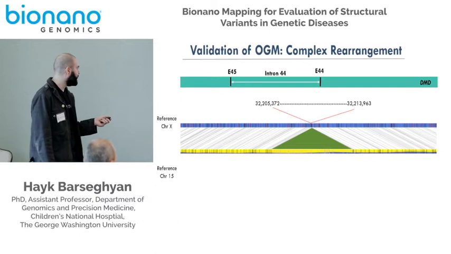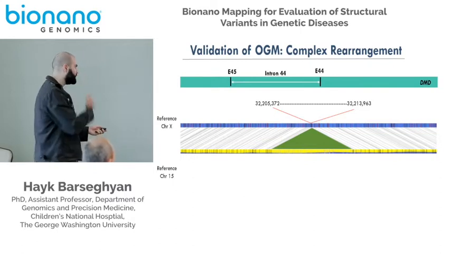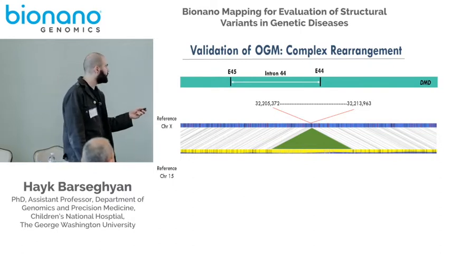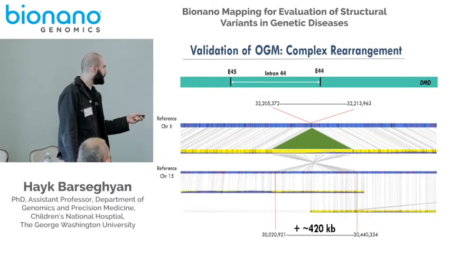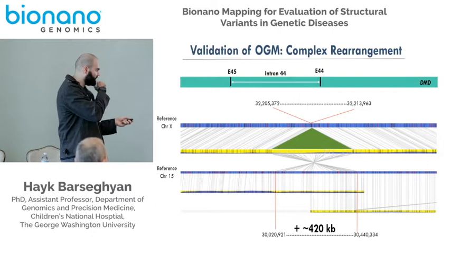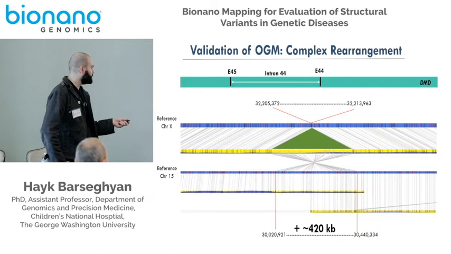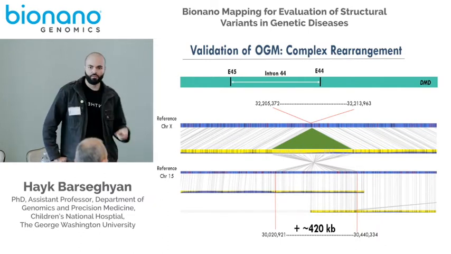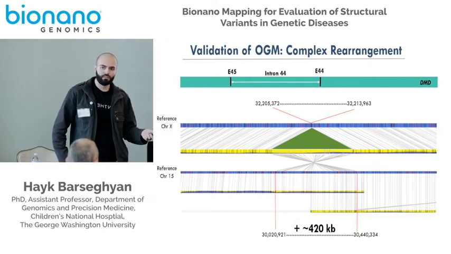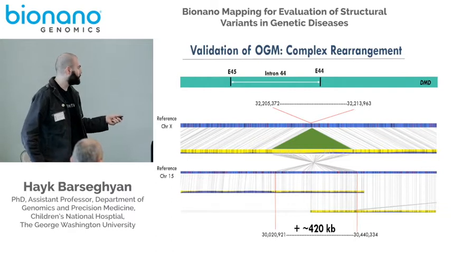And then the last example here is quite interesting. This one, we identified a 420 kilobase pair insertion within the DMD gene. Upon closer examination, this part right here between exon 44 and 45, we identified that this region is actually inversely mapping to chromosome 15 in an inverted orientation. We identified that there are enough copies, enough molecules, to show that this region has been duplicated from chromosome 15 and inserted in inverted orientation on chromosome X, where the Duchenne gene is, and disrupted the formation